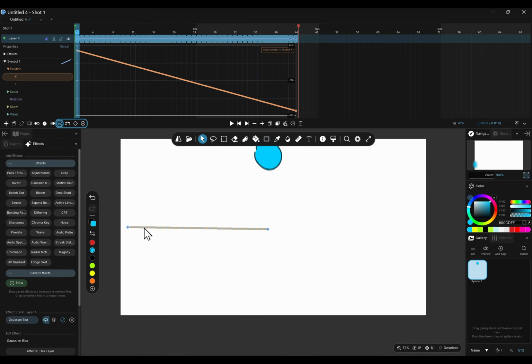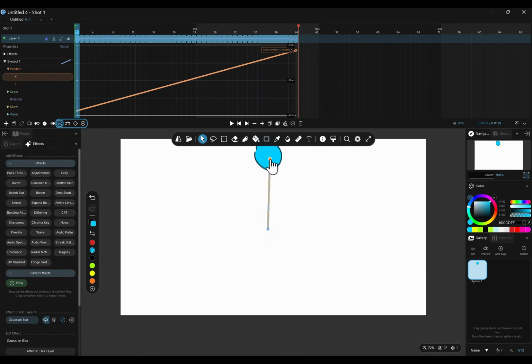What's cool also is we can edit this visually rather than just on the timeline in this application. So if I drag this back this way, the ball will only move to the left a little bit. So we can do a lot of interesting things here. We can make the ball move up,